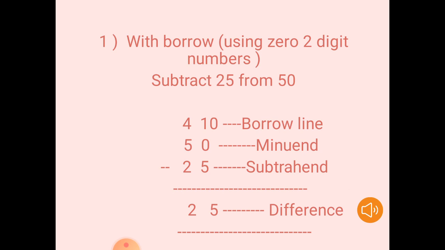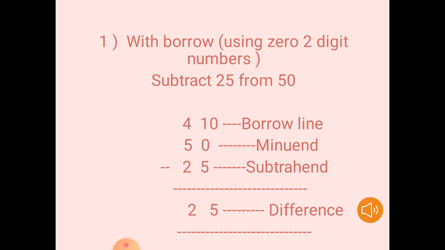Okay, now we'll see a few more subtraction sums wherein we have 0 in the minuend. Now, as you all can see, subtract 25 from 50. In 50 you have a 0. Now I write the numbers according to the place value. So I get 50 as my minuend and 25 as my subtrahend. First, the process of subtraction starts from the units or ones place. Now 0 minus 5 is not possible. So here I am supposed to borrow.